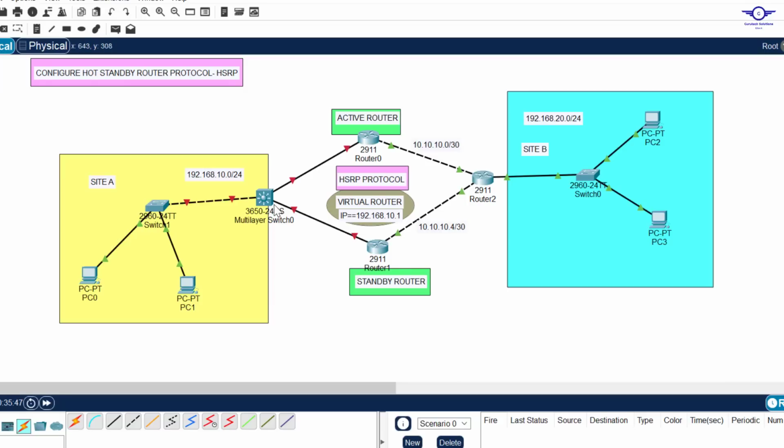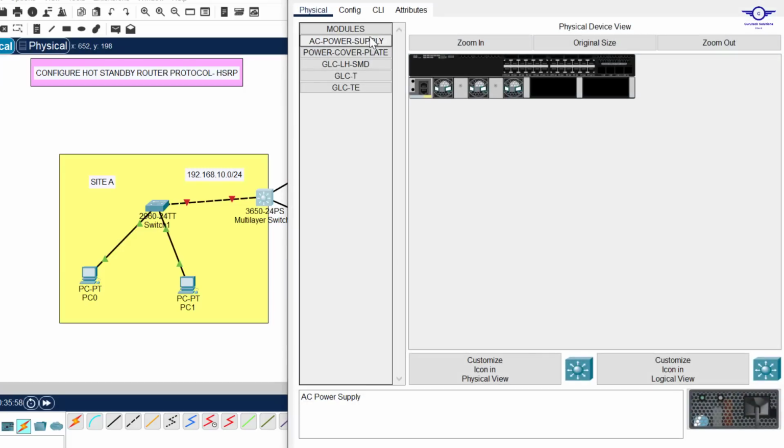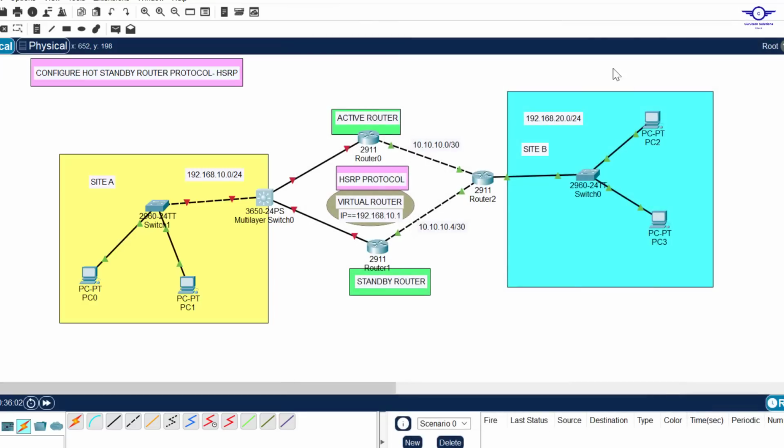Before that, you have to make sure that you turn the multi-layer switch on. Remember, it's always in shutdown. I mean, it's always turned off by default. It has no power supply. So just click it and drag the AC power supply to the empty slot and close it. Right? Okay. So we need to configure this interface and this interface with the IP address and include the HSRP